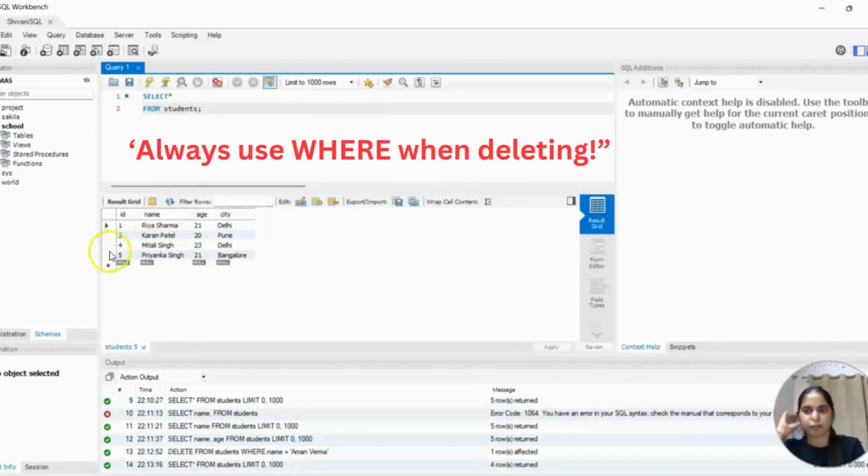So now only Riya Sharma, Karan Patel, Mitali Singh and Priyanka Singh are visible, but Aman Verma is not there. And one more thing I want to say, the where condition tells MySQL exactly which record to delete. So if you forget the where part, it will delete the whole table, all rows. So be careful about it.